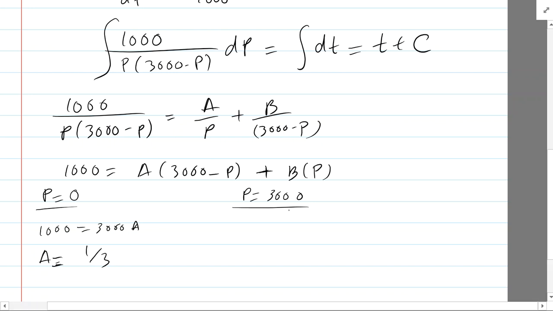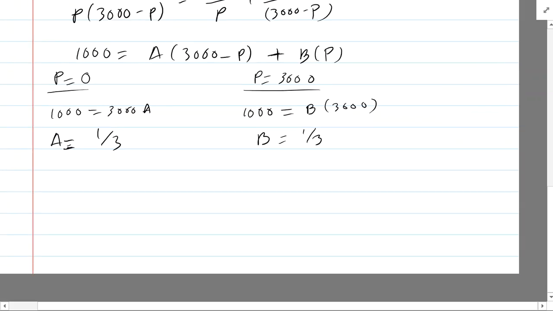If I pick 3,000, the A term goes to 0, I have 1,000 equals B times 3,000, and you still get 1/3. Everybody see that? Isn't that cool? We're just working with what we got, and we didn't worry about what the formula said. We just did it. Now, that means we have to integrate 1/3 integral of 1 over P dP plus 1/3